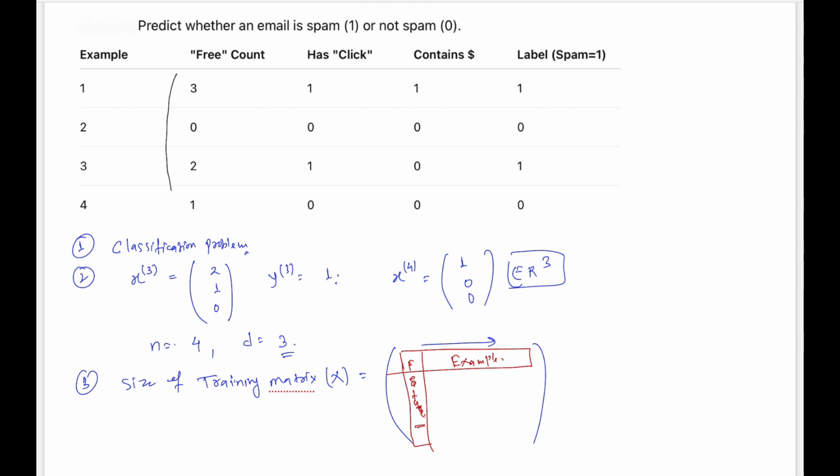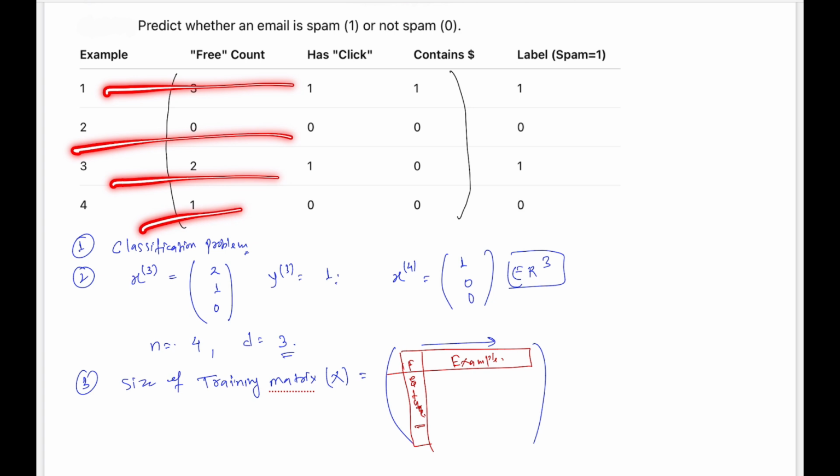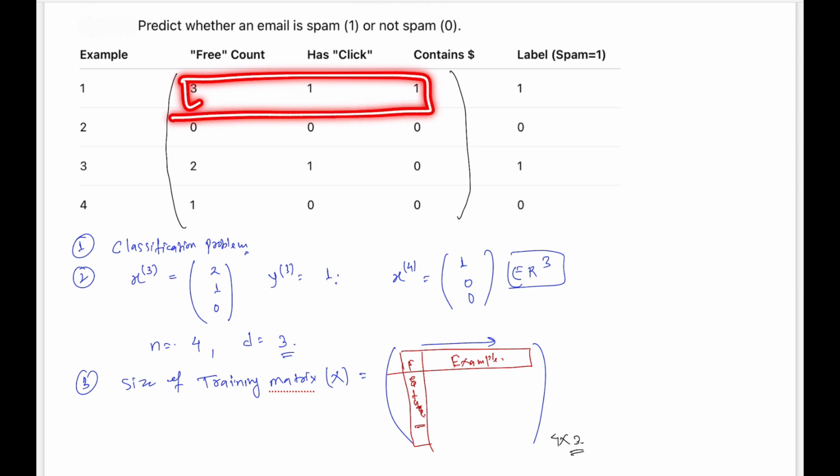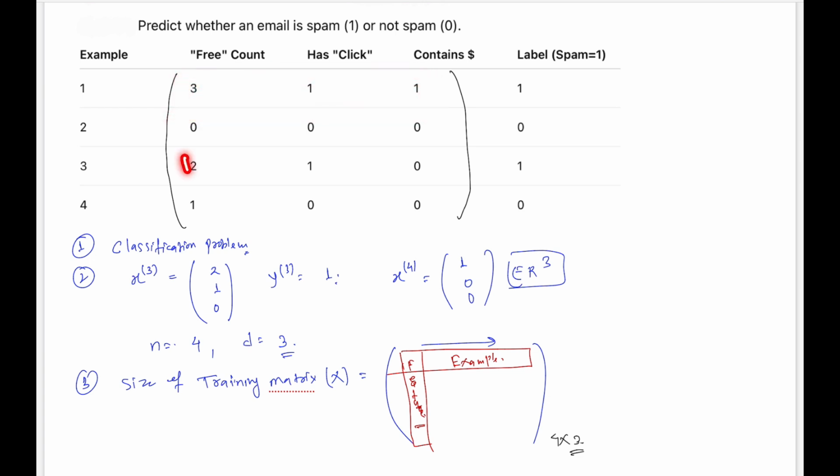मेरा जो ट्रेनिंग मैट्रिक्स है वो क्या है, ये है, राइट। साइज क्या है इस ट्रेनिंग मैट्रिक्स का? कितने नंबर ऑफ एग्जाम्पल्स हैं, n क्रॉस d, नंबर ऑफ रोज। नंबर ऑफ एग्जाम्पल्स कितने हैं, 4 हैं, और नंबर ऑफ फीचर्स कितने हैं, 3 हैं, राइट। तो 4 क्रॉस 3 का मैट्रिक्स होगा, राइट।